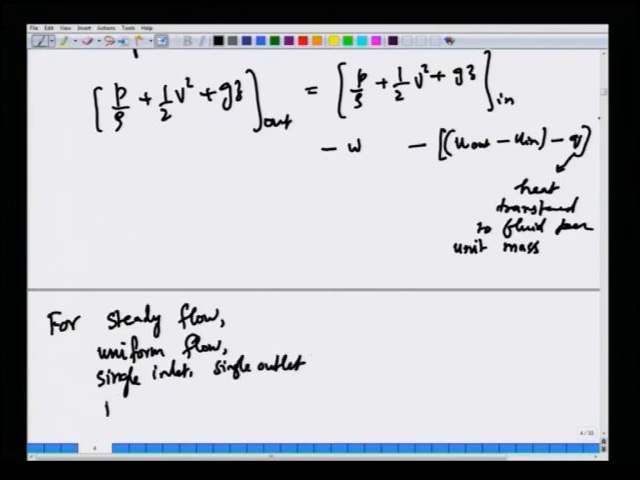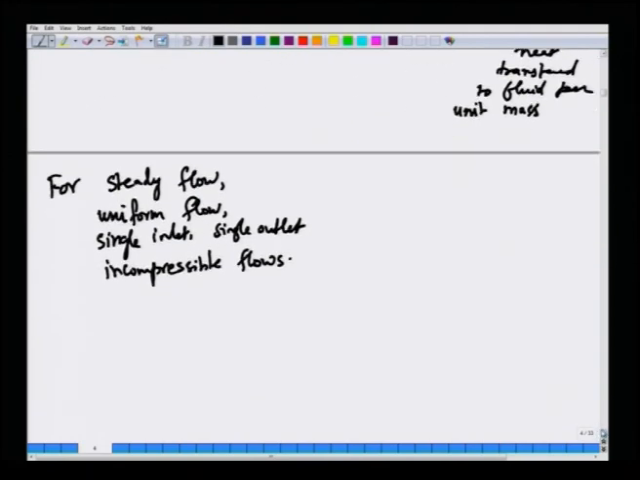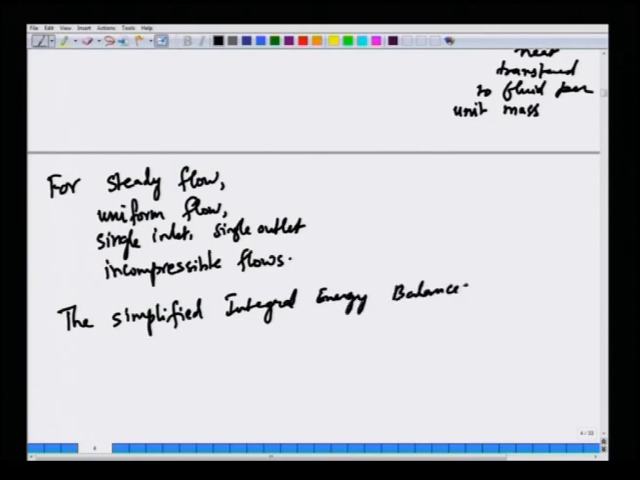And finally, we also have incompressible flows. Okay. The simplified energy balance, integral energy balance becomes simply, so let us start with P by rho, that is conventional, V squared by 2 plus G z